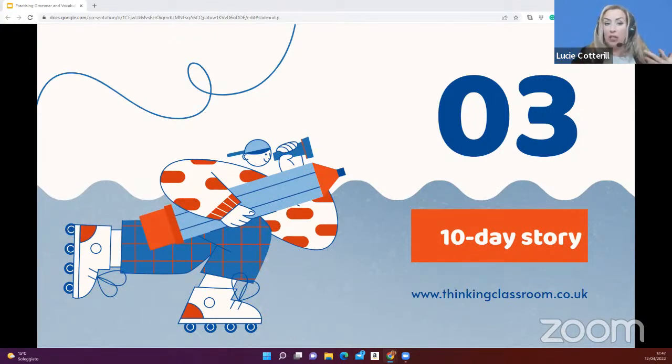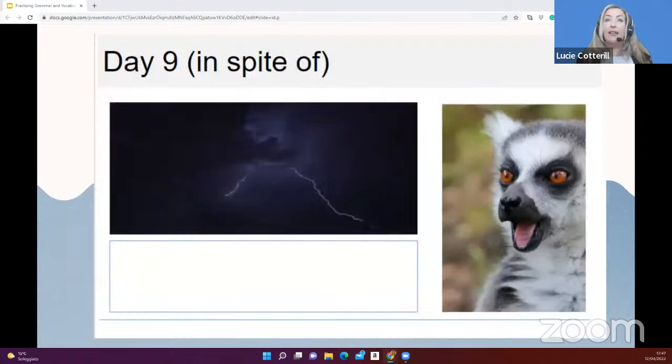So the slide that you'll see looks something like this. This is day 9. You'll notice that at the top of this slide, I've put a phrase. What I'm going to ask you to do is to use this particular phrase that is at the top of the slide in the text that you're going to write in the text box. You'll also see there are the 2 images, so you have to include in some way the words for these 2 images.